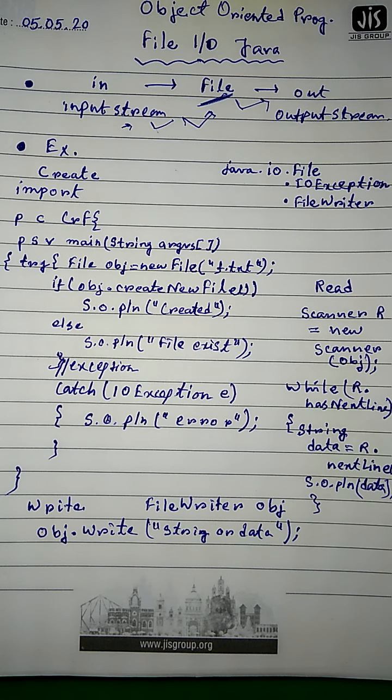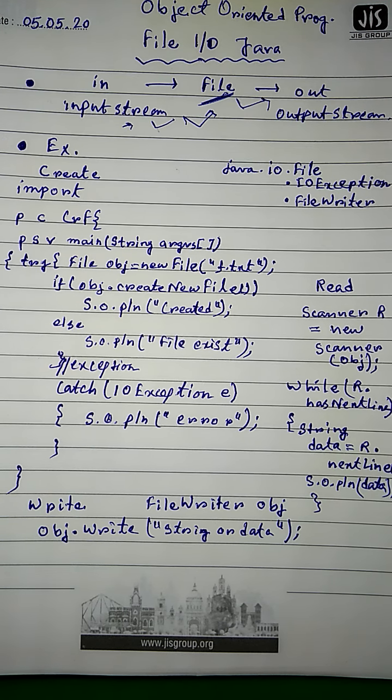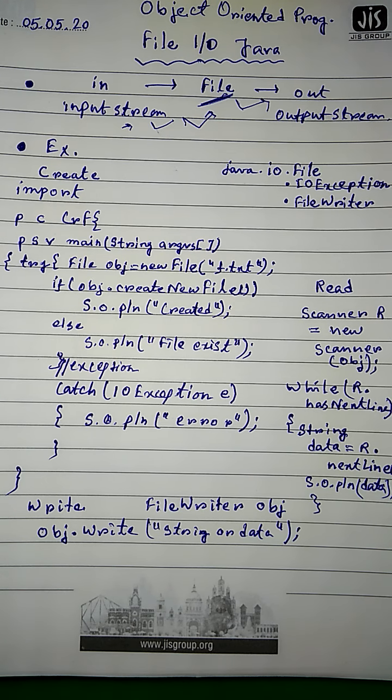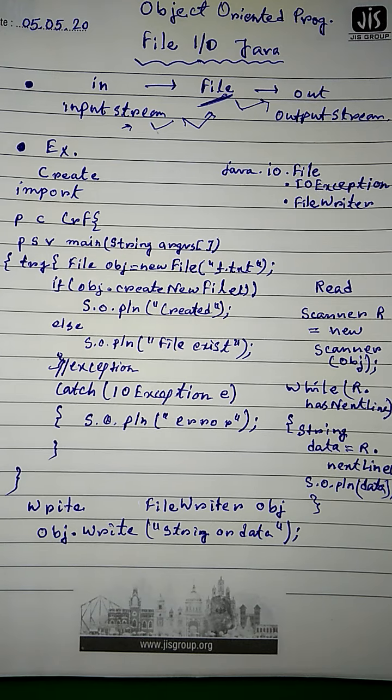Also, we have some idea about the byte stream. Java byte streams are used to perform input and output of 8-bit bytes. Though there are many classes related to byte streams, file input stream and file output stream are examples of byte streams that can be used in Java.